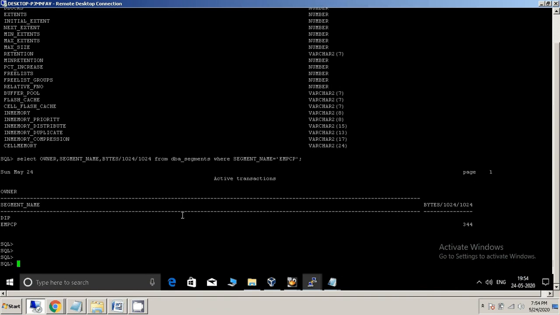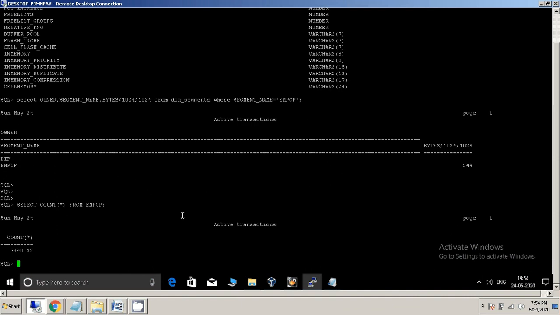What we'll do now is create the scenario for one of the users. So we need to identify the scenario first. Select count from EMPCP, which shows multiple rows.